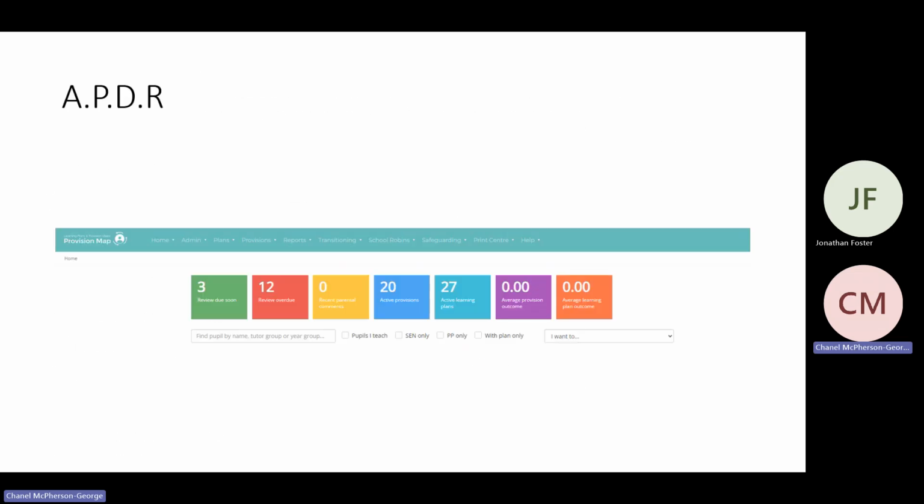Thinking back to the transitions process for SEND learners, we have a plan that is created by our whole inclusion team. That is our Key Stage 3 and Key Stage 4 leads, as well as the safeguarding team and the SEND team. We have a range of meetings that stem from our